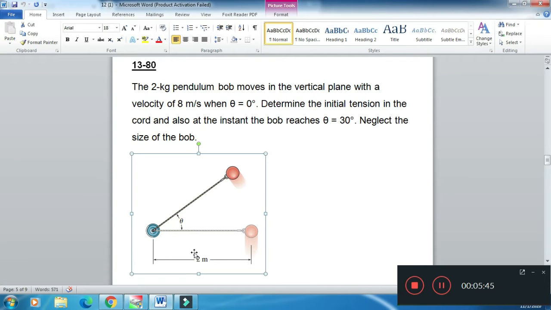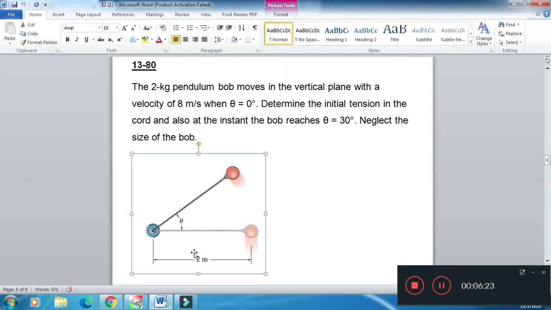Next problem is 13-80. In this problem there is a pendulum bob which is moving in a vertical plane, and its velocity is 8 meters per second when theta is equal to 0 degree. The pendulum bob is moving in counterclockwise direction, so it is moving upward, and we have to find the initial tension in the cord, that is when theta equal to 0,